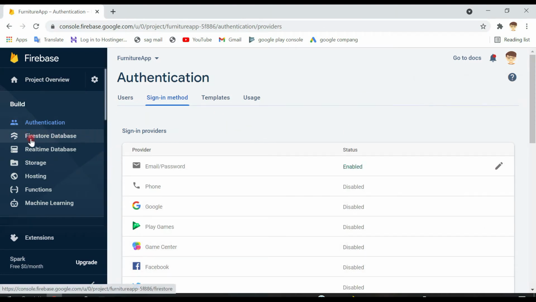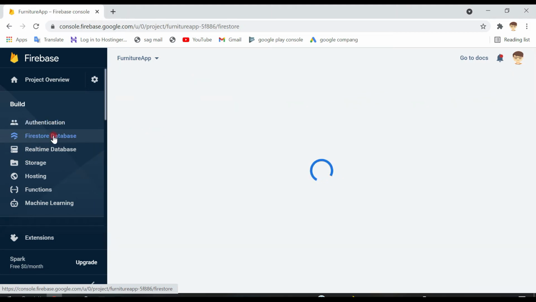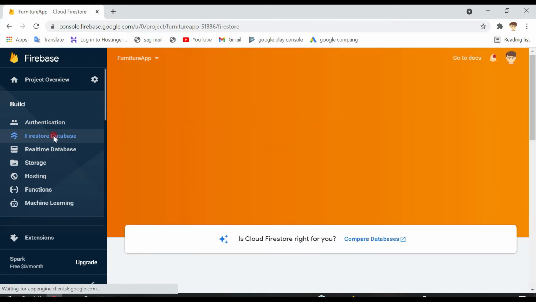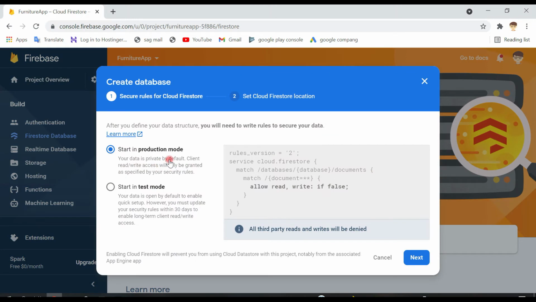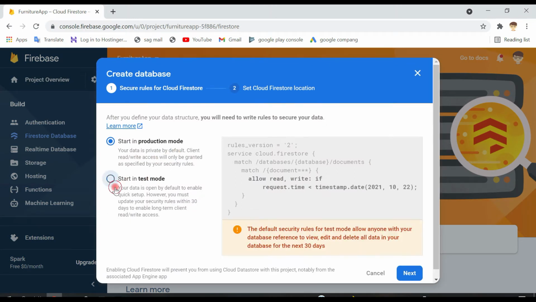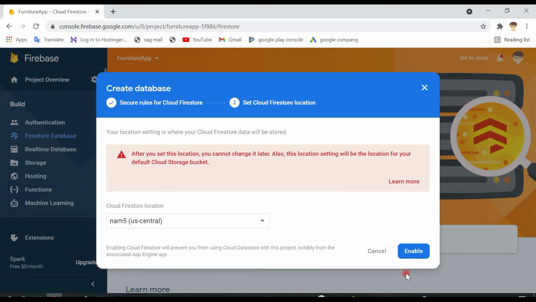Now click here, Firebase Firestore database. Create database and start in test mode. Click this here and next, and then enable.